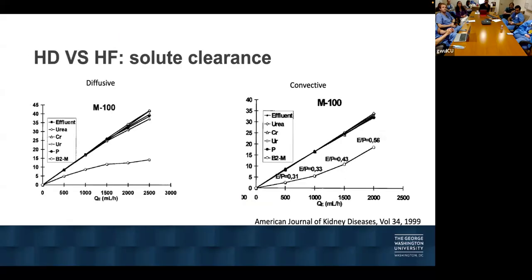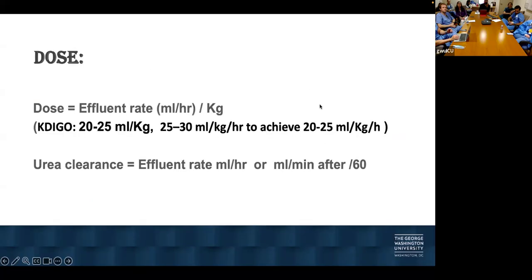So that shows you that there's no difference between hemofiltration and hemodialysis. You're removing the small molecules. The only difference is the middle molecules. It's actually better with convective clearance. So the dose when we prescribe